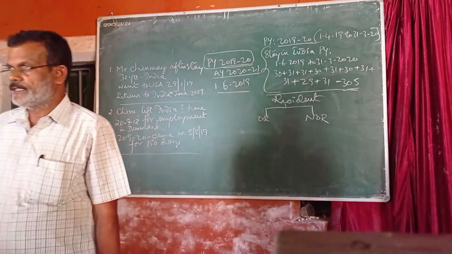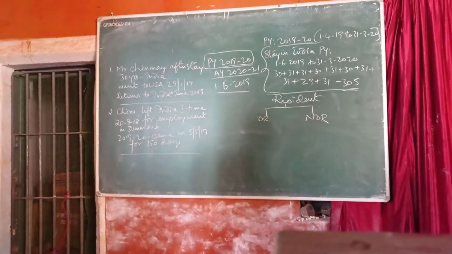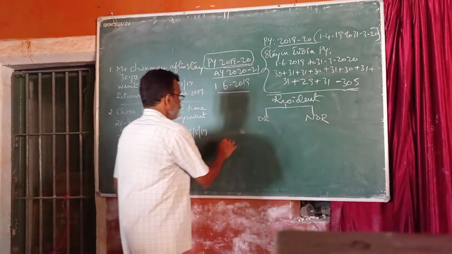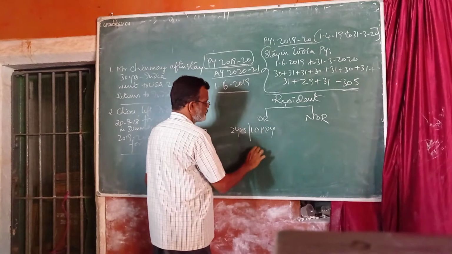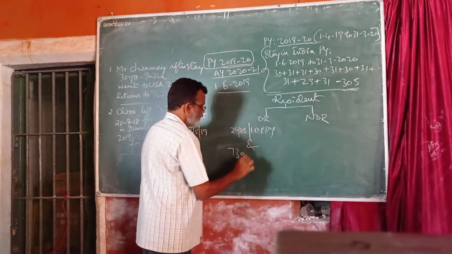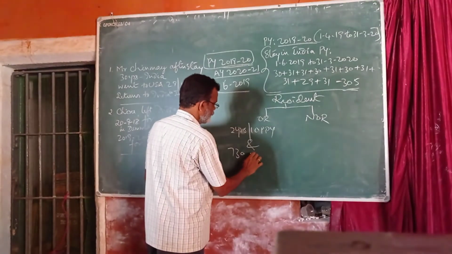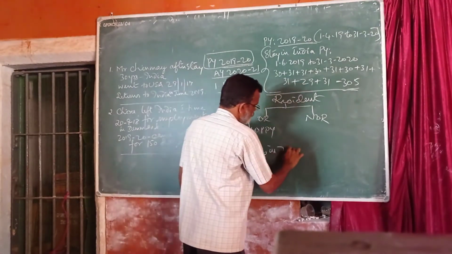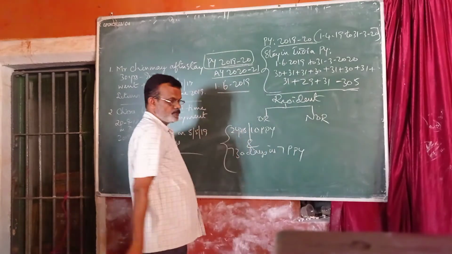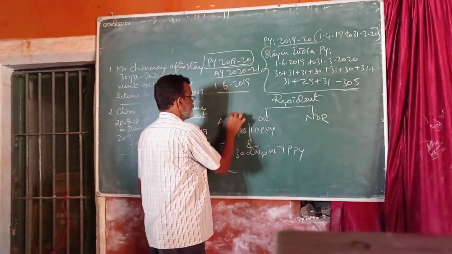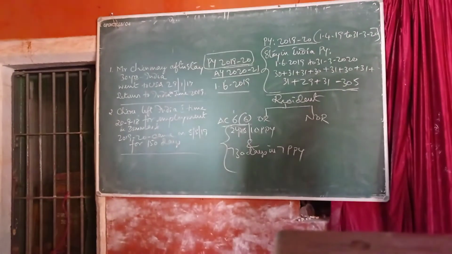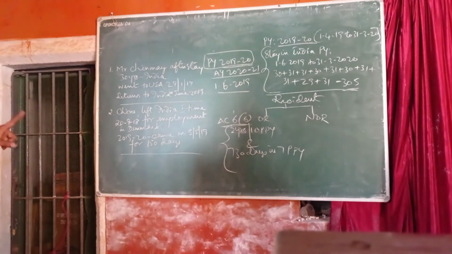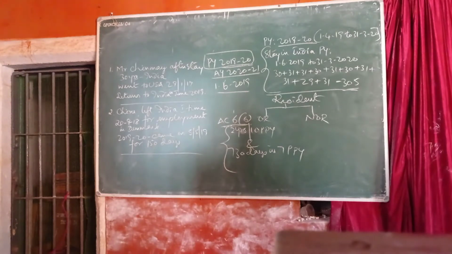Next, if he is a resident, we should determine whether he is an ordinary resident or not ordinary resident. For this, we have to apply the additional conditions: he must be a resident for 2 years out of 10 preceding previous years, and he has been in India for a minimum period of 730 days in 7 preceding previous years. These are the additional conditions specified under section 6 subsection 6. If Mr. Chinmay satisfies both of the additional conditions, then he may be called a resident and ordinarily resident.